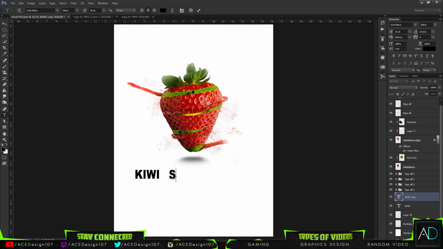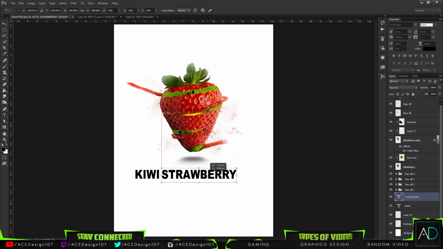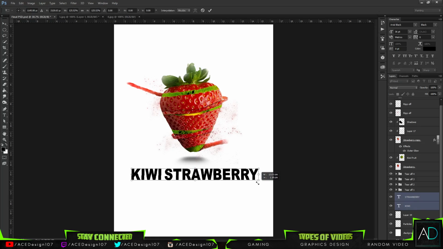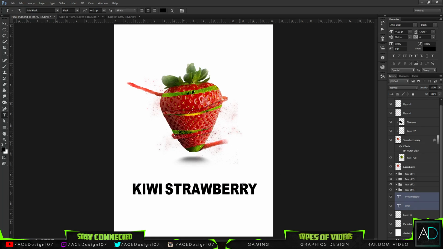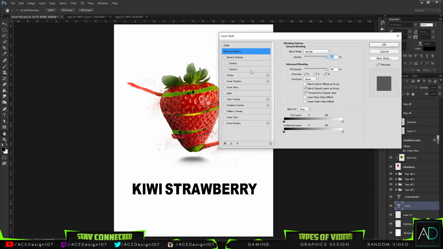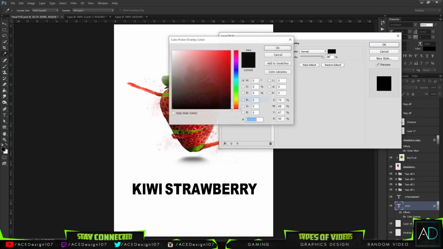And do this strawberry. And go along here. Okay. And just bring the strawberry bit just there. Okay. Now with the kiwi and strawberry, just do something like that. Bring up the font face. And bam. Okay, so with this font, we're going to go to the blending options, do a color overlay, and